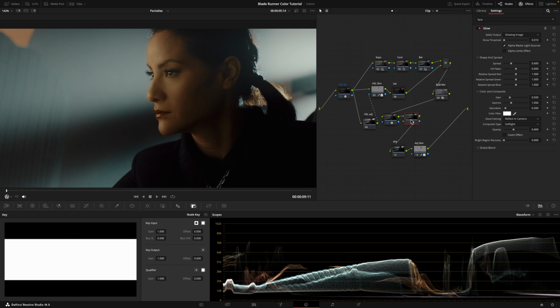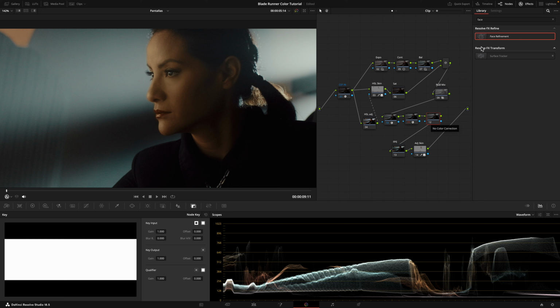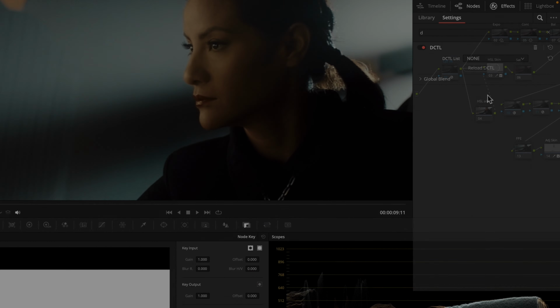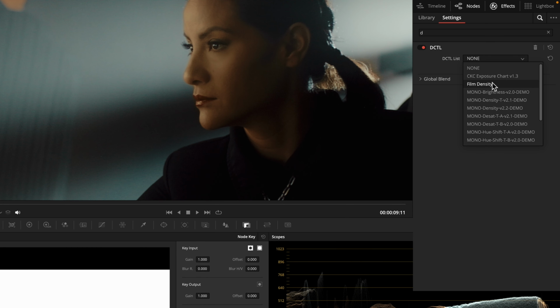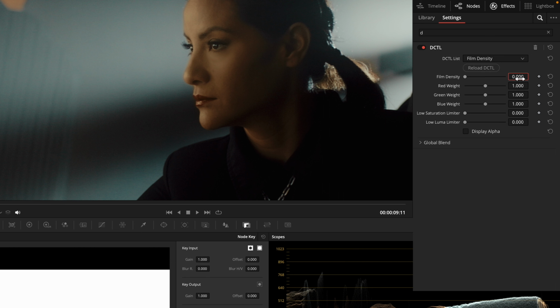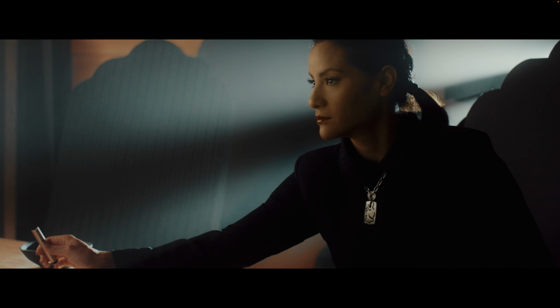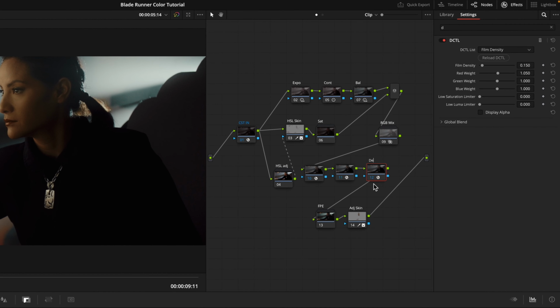Then I create a new node to add more density to the reds using the DCTL plugin. Off, on. Let's label the nodes.